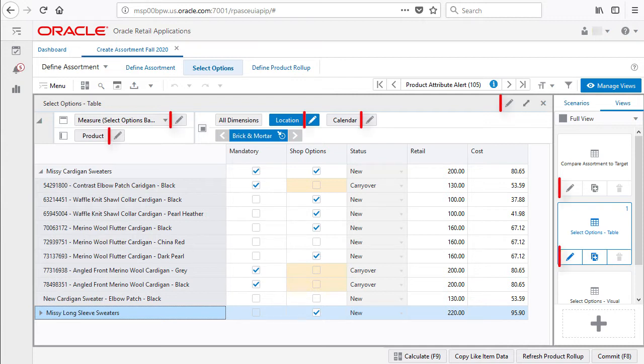As you can see, I have a lot of ways to enter the Edit View window, including adding a new view in the View Management drawer. I can click on any pencil icon depending on what I need to edit at the time. For this example, I will click the one in the View title bar.